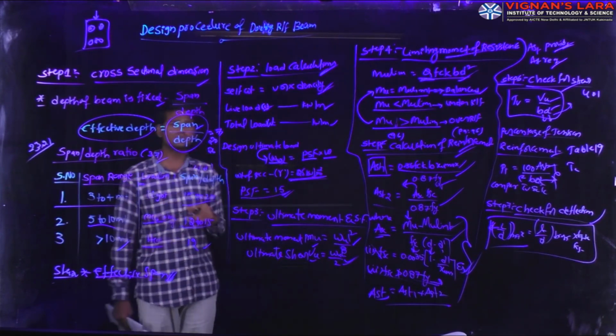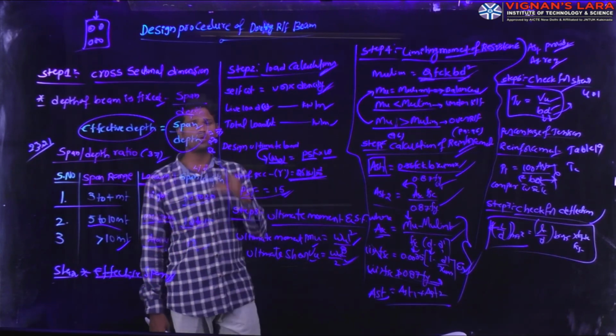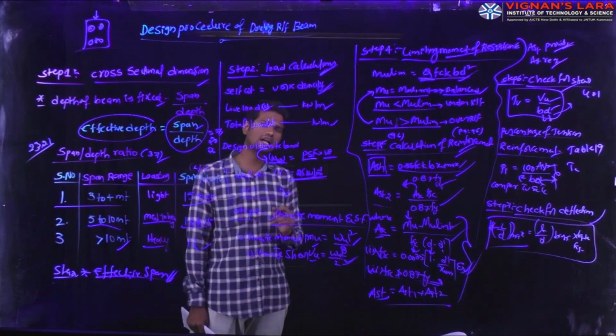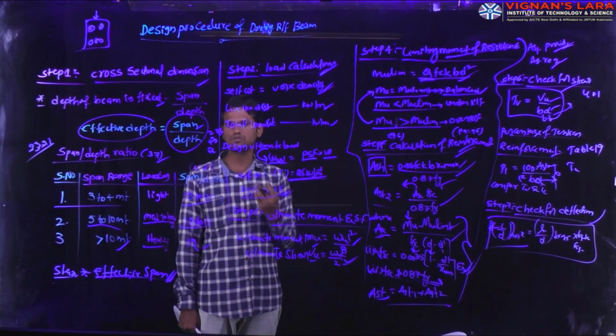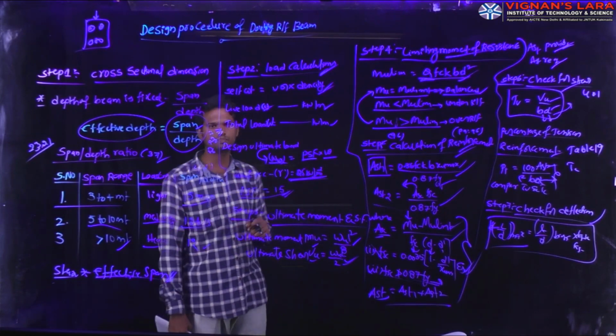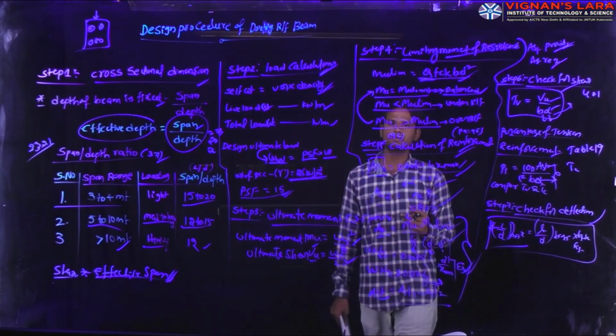The same procedure will be repeated for design of an L beam and design of a T beam. The only thing is you have to remember all the design steps one by one. In the next class we will solve the design of a doubly reinforced beam section. Up to now, this is the analysis and design of a doubly reinforced beam section.